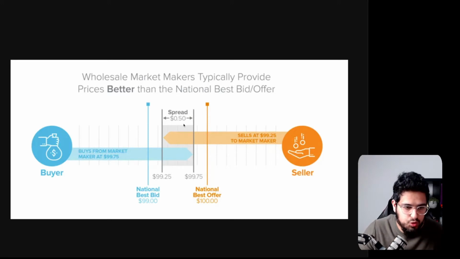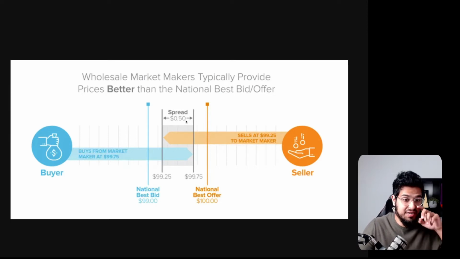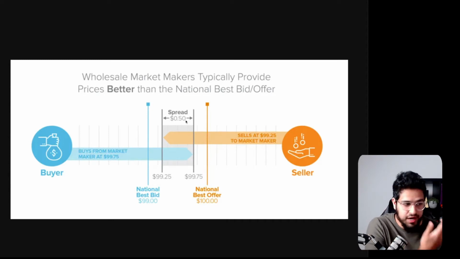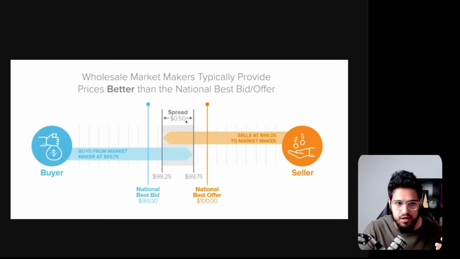So if you add up all these 0.5s that the venues are making, Citadel, Susquehanna, these companies, the market makers, they then use some of their profits to pay for the routing of the order flow from the likes of Robinhood or WeBull, E-Trade, Schwab, etc. Because they're all doing this routing. Okay, so now comes the question, which is